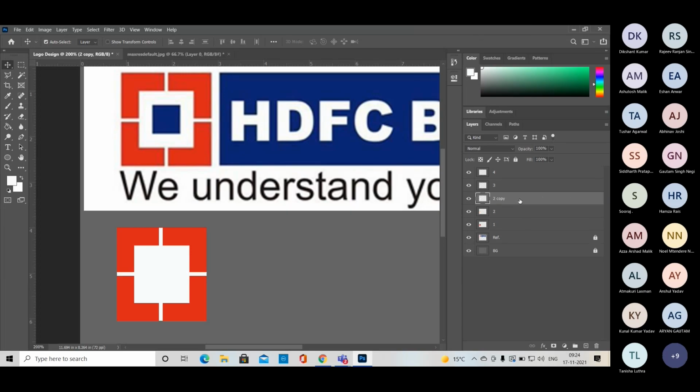So I will copy and I want to keep it on top of this layer, because it should not be at the bottom, it should be on top. So we have to understand that. And on top we have an option, so we can find out the few problems. So just do Control T and then place it in the center, right,